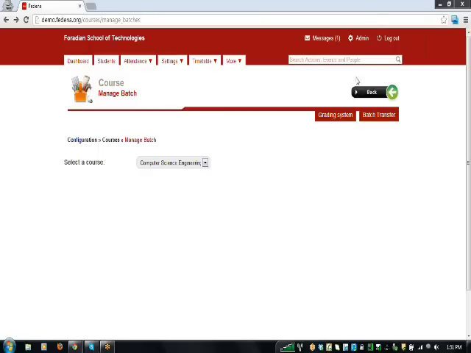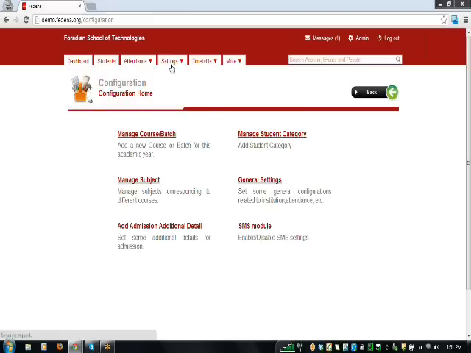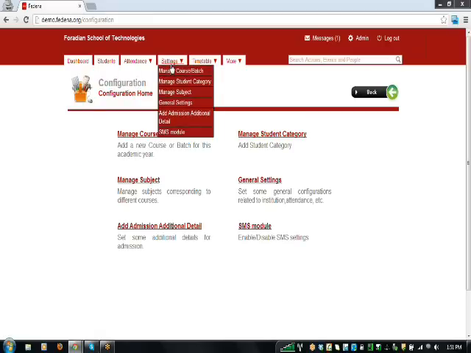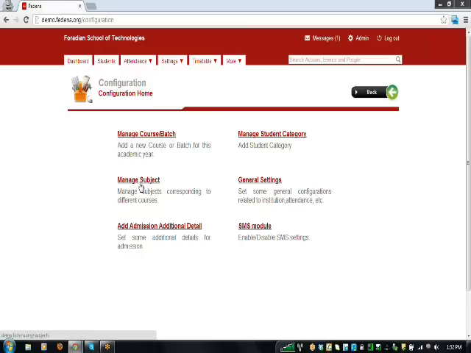And now the other options in the settings section, that is the manage subjects. So this is the place where we add different types of subjects to different batches under a particular course. So we can see how we can add different types of subjects. So go for the option manage subject